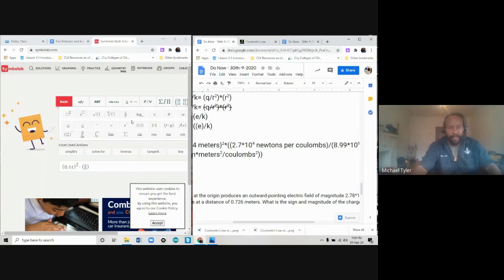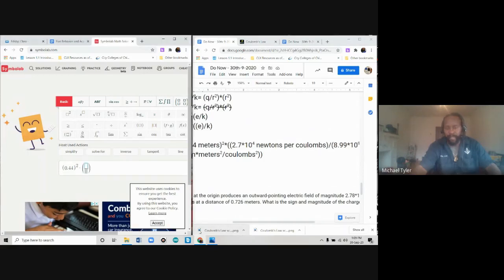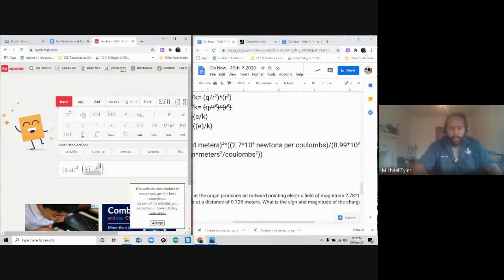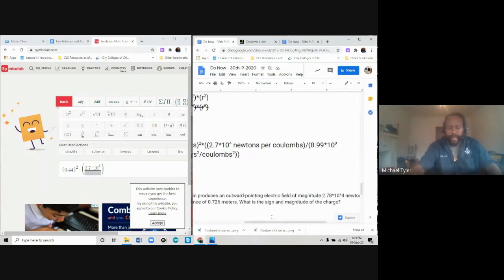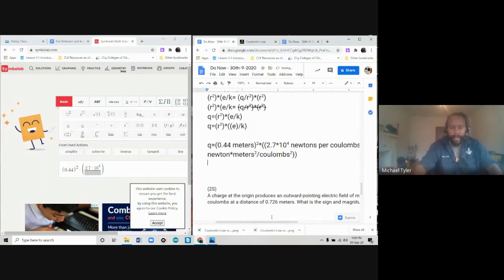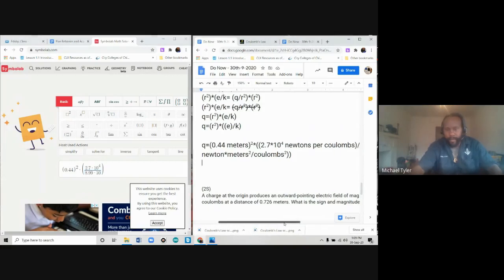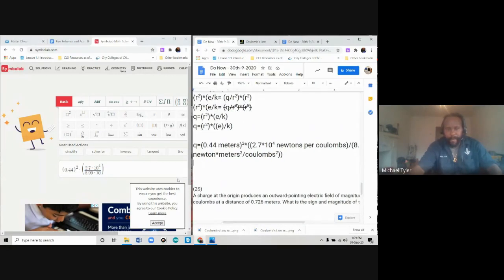So you use division, and it makes a fraction for you. You say it's 2.7 times 10 raised to a power of 4. The next one is going to be 8.99 times 10 to what power? To the 9th power.